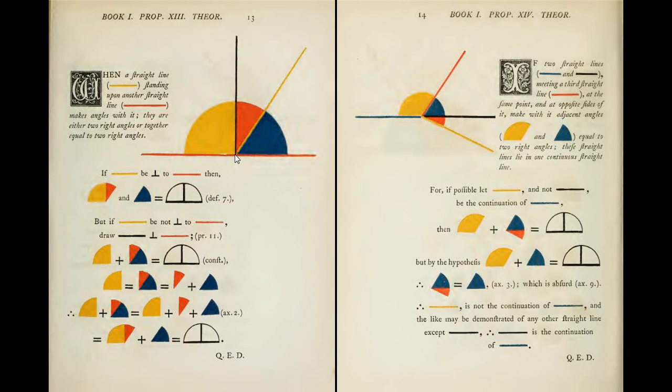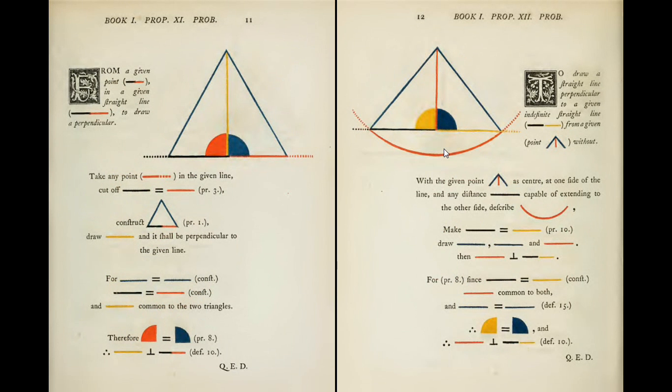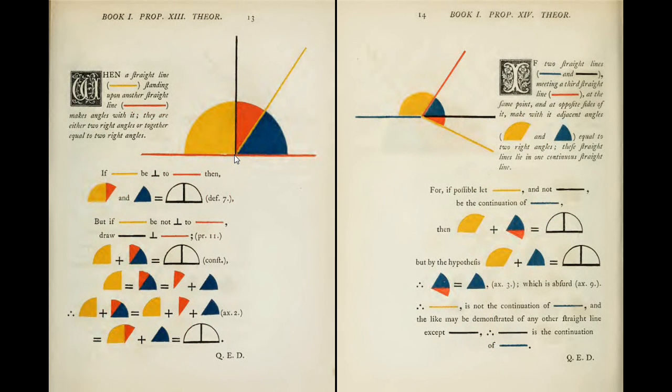Well, there are many ways, but one way would be to take a point here and construct the same line like this, and the perpendicular bisector would be central with respect to the point,